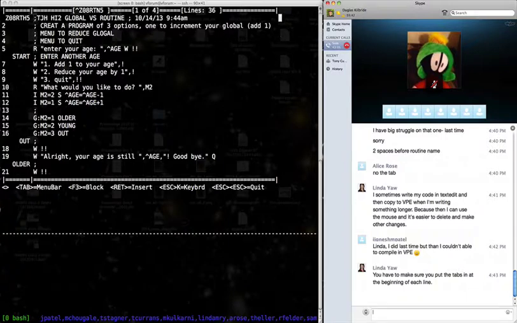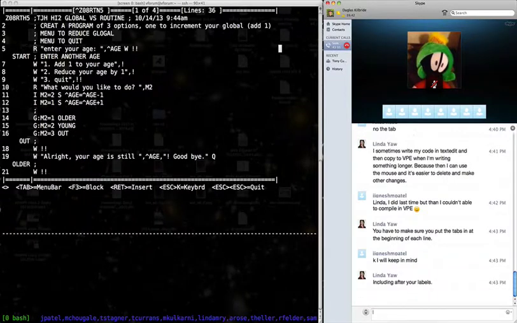So Tom created a twist on the program. It's now about your age rather than just a count. He reads the age, so that's the line that my cursor is on right now. Then he writes the menu, and then he reads what I want to do in the menu, and then he adds or subtracts depending on this, and then he does a go to, and the go to just prints a message